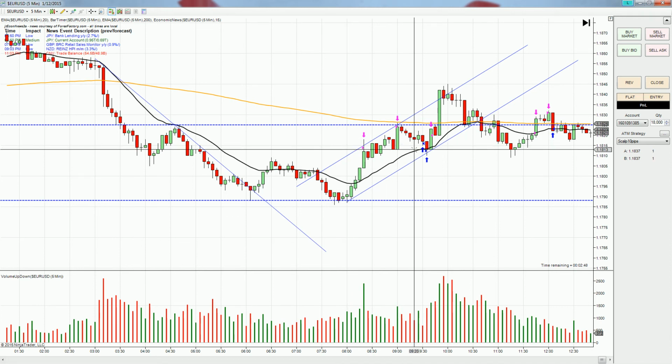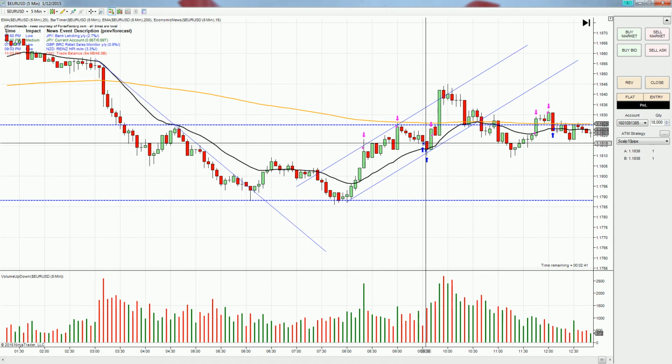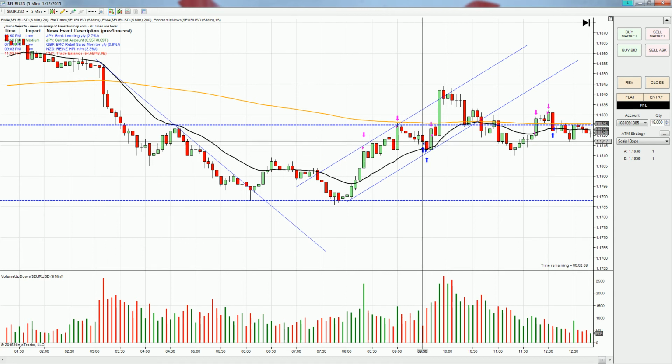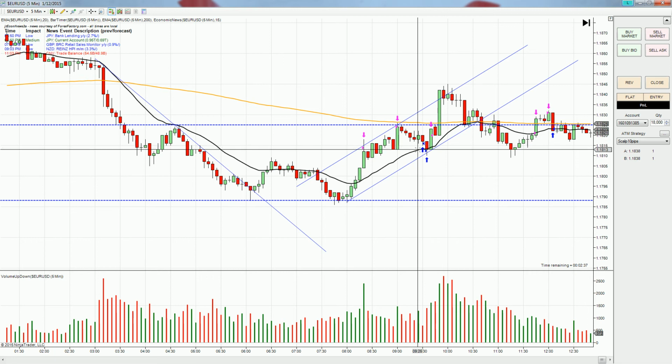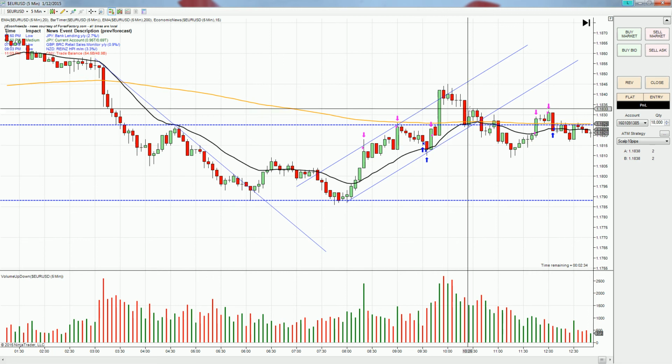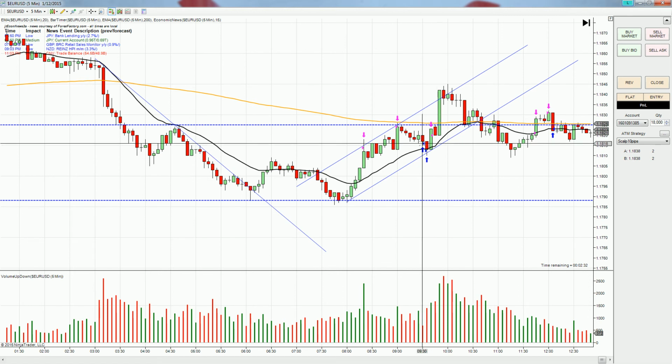I wanted to get out at the EMA, and I guess I would have gotten out at the EMA if I had stayed for my 0 plus 10, but the price action here was really worrisome. It looked to me like it wanted to bounce right back up. So anyways, I get out